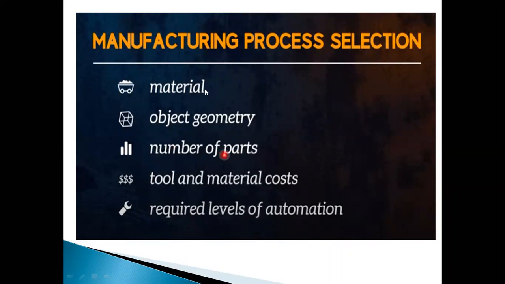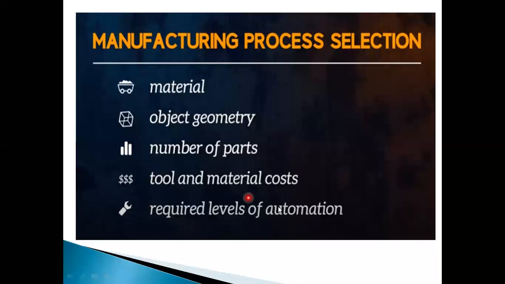Depending upon that also I have to choose the manufacturing process, and what tools I have to use. Whether I have to go for a high speed steel tool, or for carbide tool tips, etc. I have to think about the tools for the particular manufacturing process, and also I have to take care of the material cost. I have to see the material I am using, and keep that cost in mind.